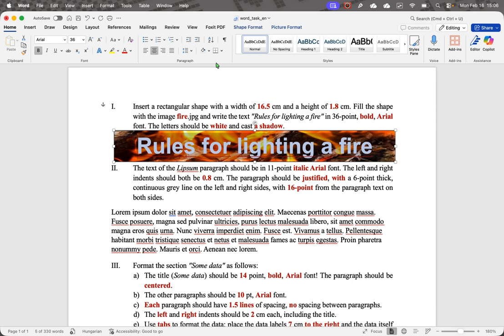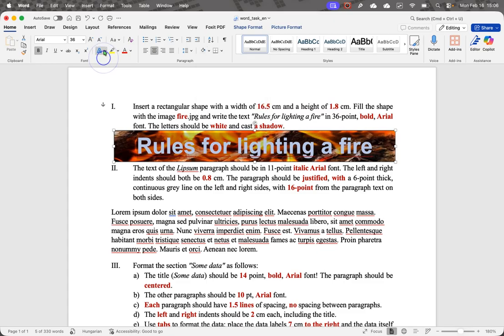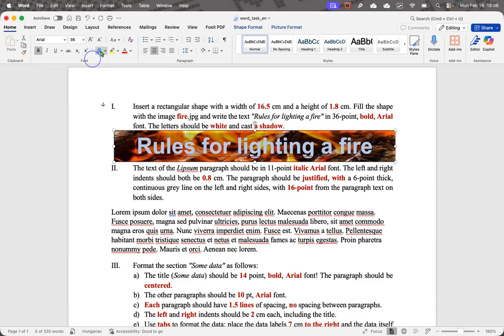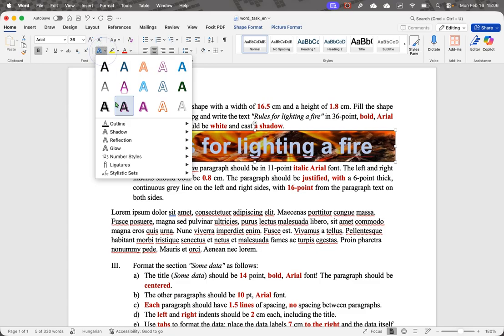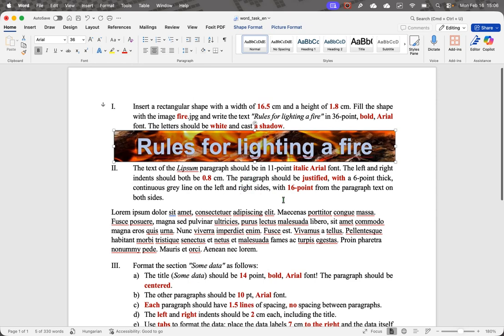Okay, in the paragraph group of the Home tab, you have this shading command. Sorry, not this one, but in the font group, yeah, it's the text effects command, shadow, and you can choose shadow. Okay,